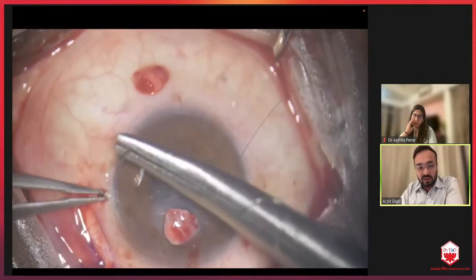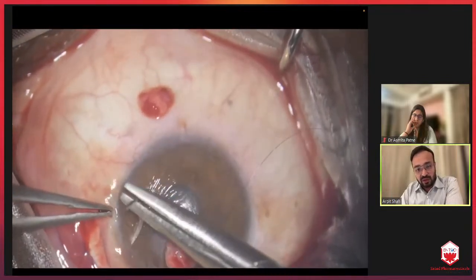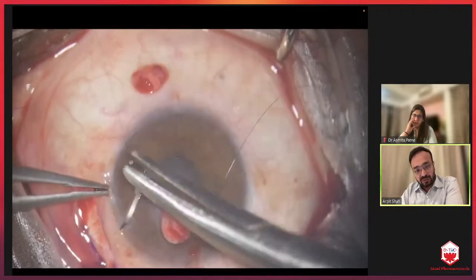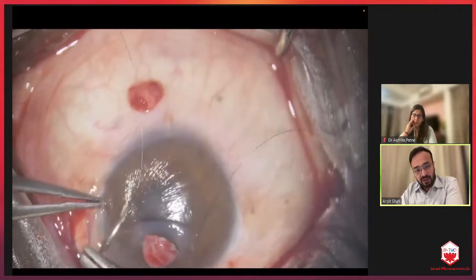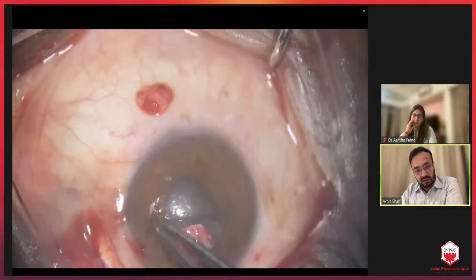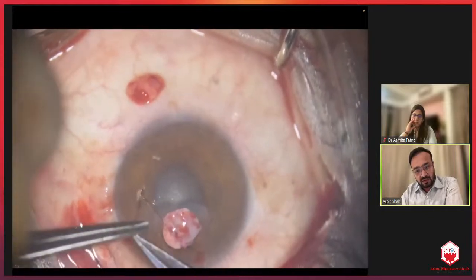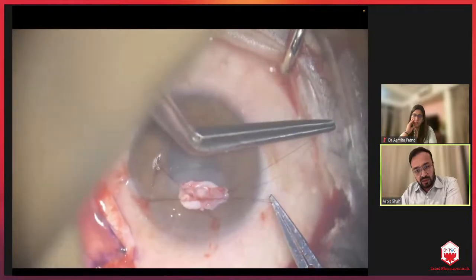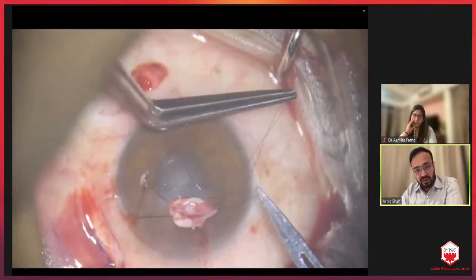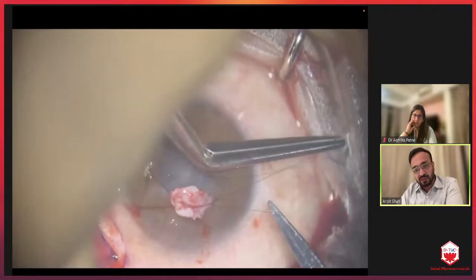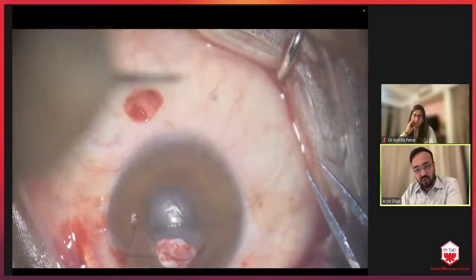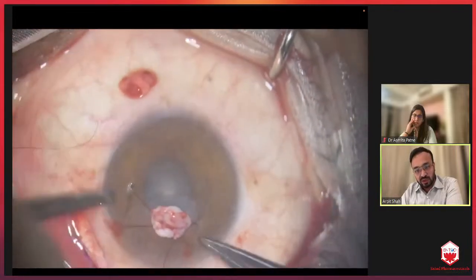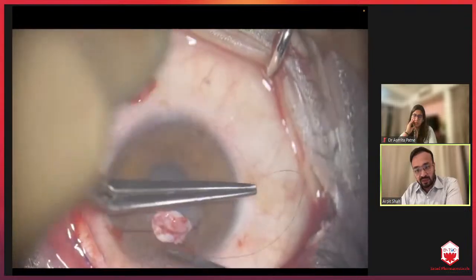Now taking an overlay suture, an infinity suture with 10-0 nylon. Here we can use fibrin glue as well before taking the sutures, under the Tenon's graft.